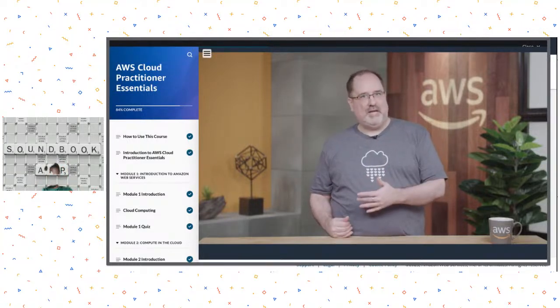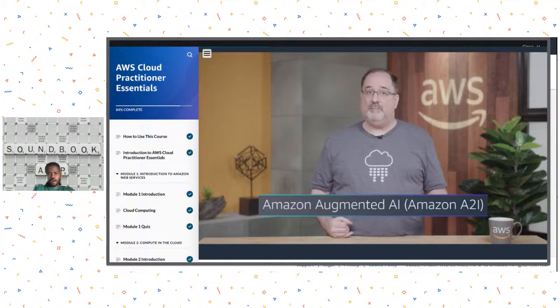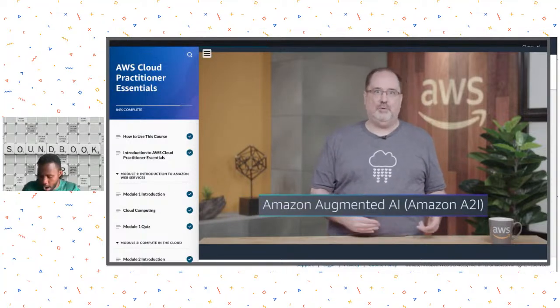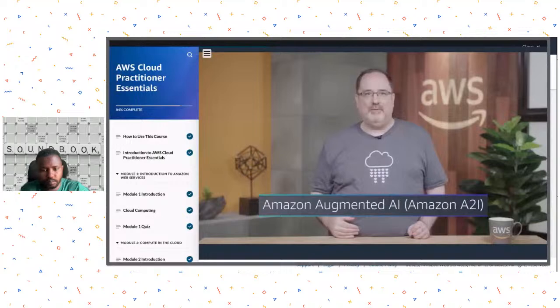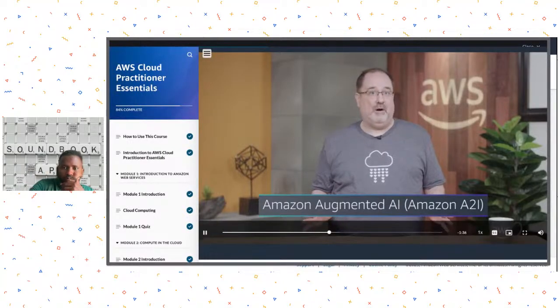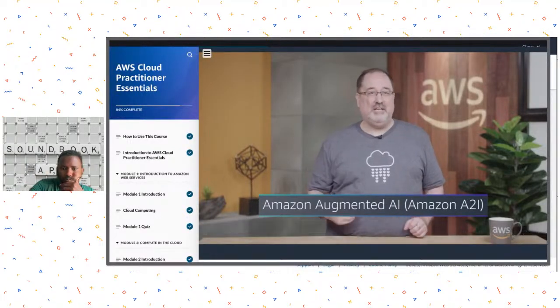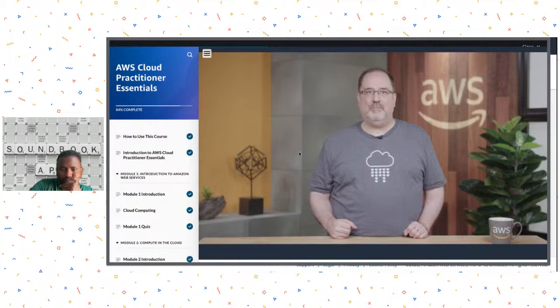Tools like Amazon SageMaker and Amazon Augmented AI, or Amazon A2I, provide a machine learning platform that any business can build upon without needing PhD level expertise in-house. Or perhaps